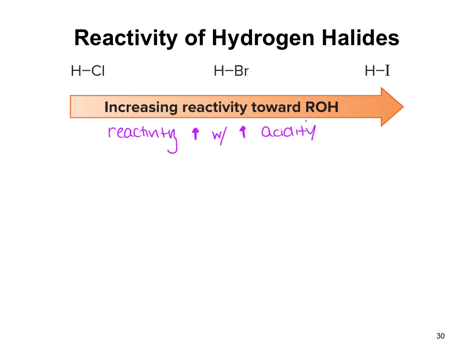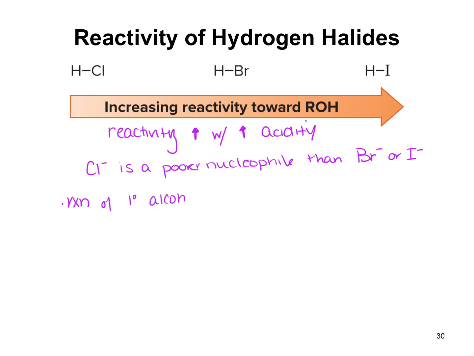So what we find here is that Cl minus is a poorer nucleophile than Br minus or I minus. Now, because of this, a reaction of a primary alcohol with HCl occurs only